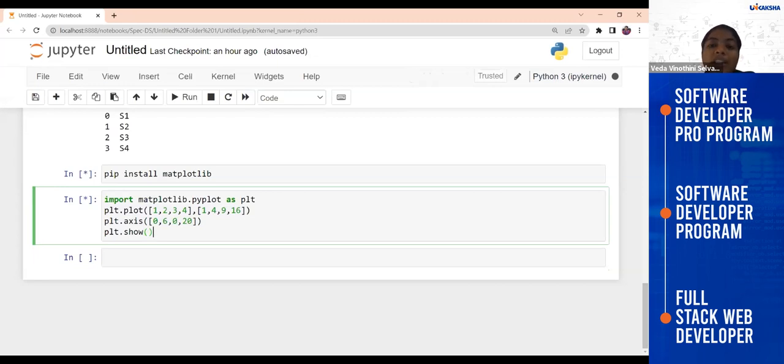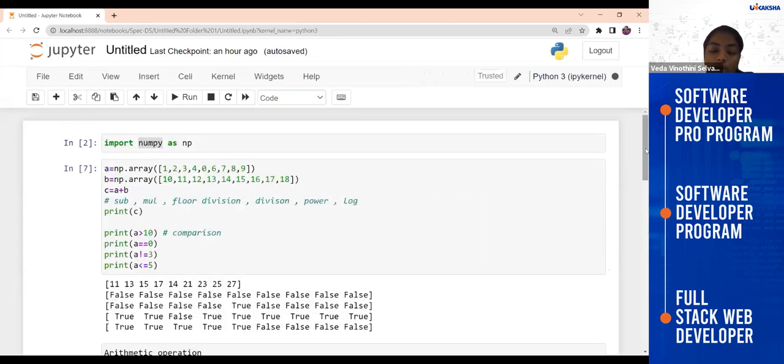So these are the basic libraries of Python, and why you want to use it in the data analysis part. First we saw NumPy, then pandas, and the last thing is matplotlib, right? There are plenty of other things also available, like Seaborn. There are plenty of open source libraries available in Python. That is why you want to use Python for learning data analysis.